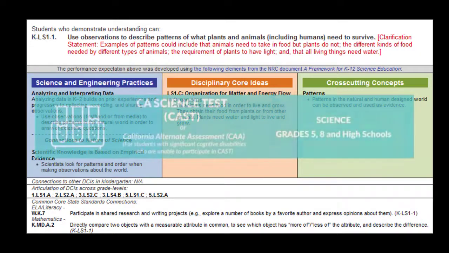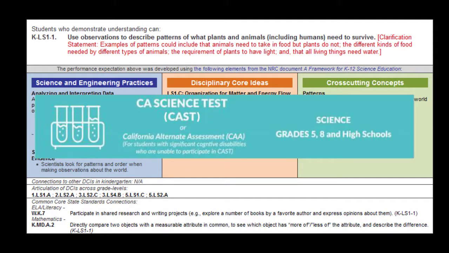Also worth mentioning is that the students will take the California Science Assessment, or CAST, during 5th grade in elementary school. Although the test is taken in 5th grade, the test covers material learned in their first progression, TK through 2, and built upon in their second progression, grades 3 through 5. So the 5th grade teacher is really a proctor for this exam as it covers material from each of the